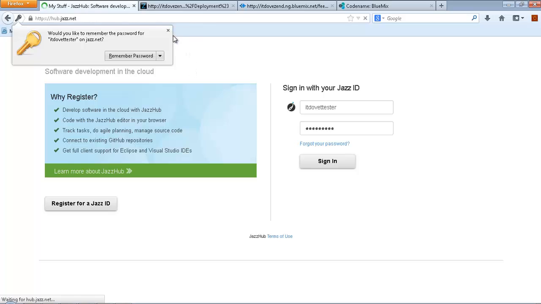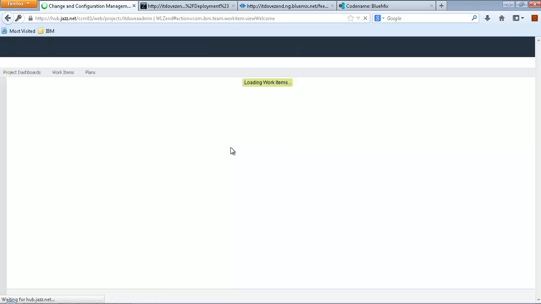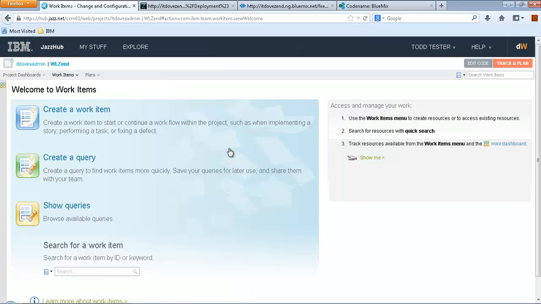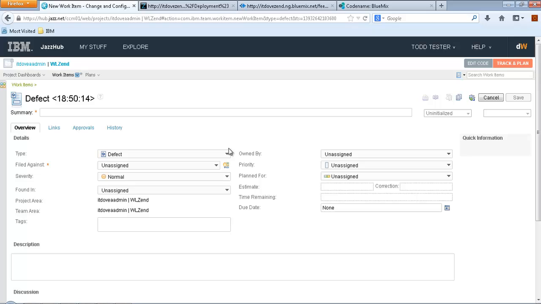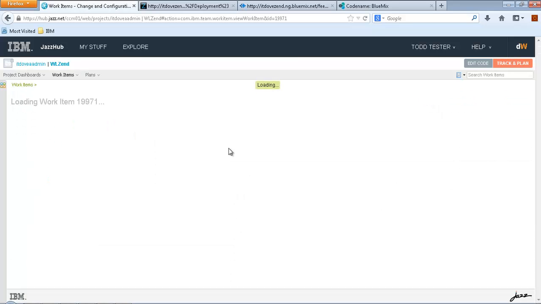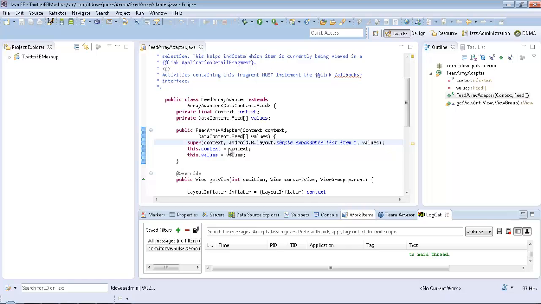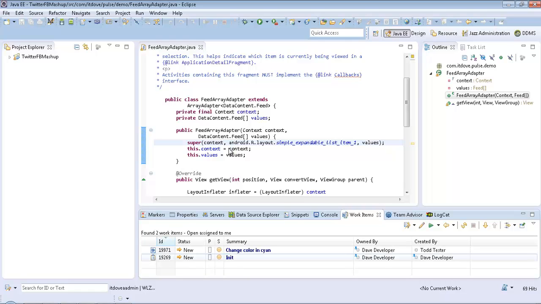Now I can enter, for example, a defect into JazzHub for this application. So the tester will enter the JazzHub platform using his credentials and enter a defect. He enters a summary for this defect, change the color from blue to cyan, specifies the owner of this defect, Dev Developer, and saves the defect. Dev Developer will receive a notification and he can open straight from his Eclipse platform the